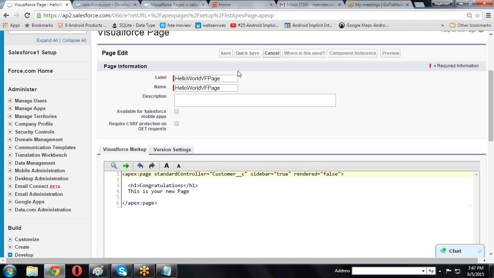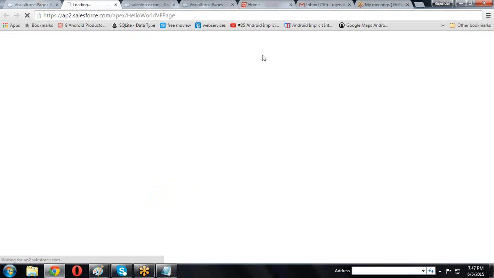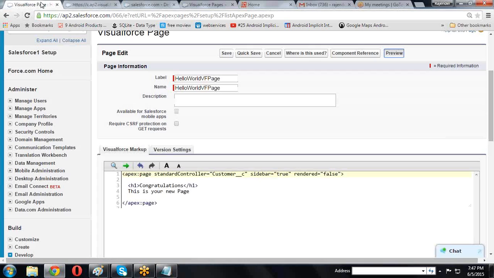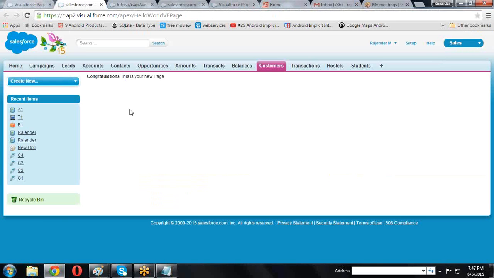If I use false, the page displays. If I use rendered, the page cannot display any value. The page is not displaying any values, it is empty only. If I use true, the page is displaying. The rendered attribute is used to decide whether the page is displayed or not displayed.